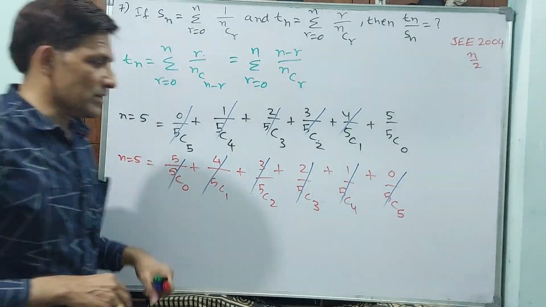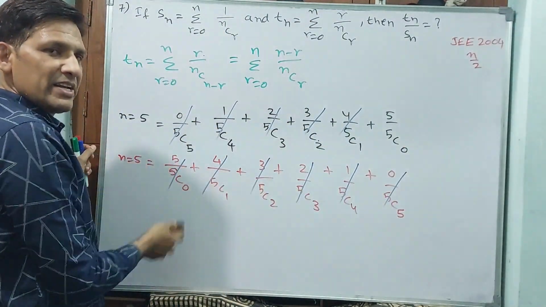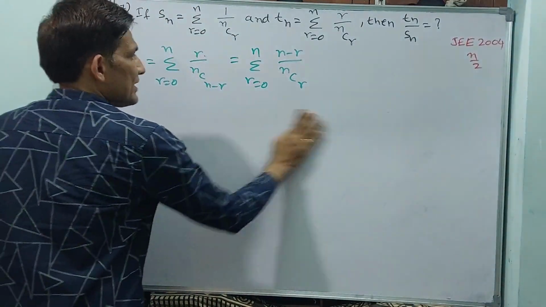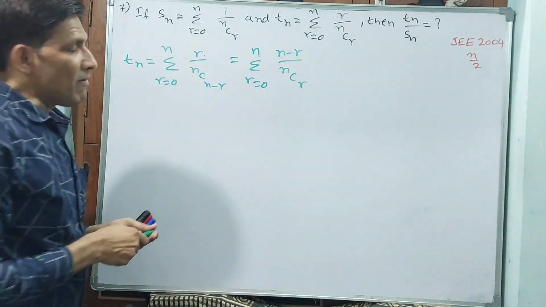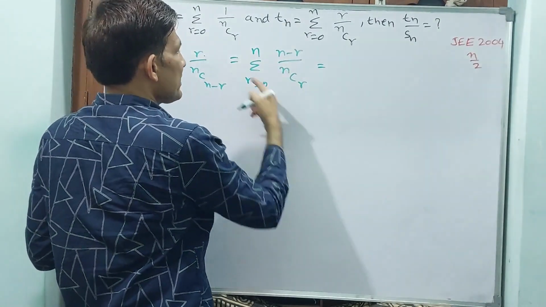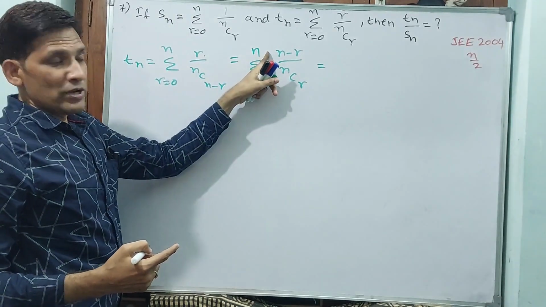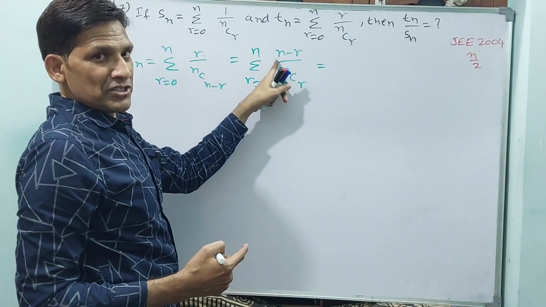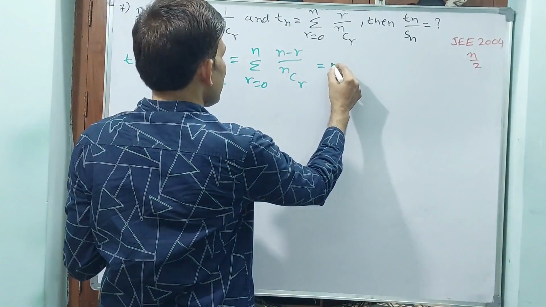Okay. Now let us proceed. Even if we had taken 3, immediately it would have been completed. Okay. Now let us proceed further. If this is the condition, see how I am changing this. I am splitting this. You see, n I am taking common. Why? Because you are changing r only. r is going up to n, that means n is constant. We are changing only r, not n. This up to n, r is changing. That is why I can take it like this.